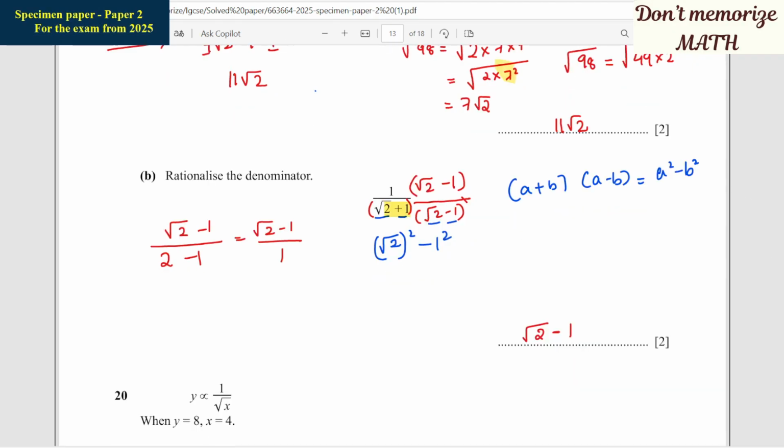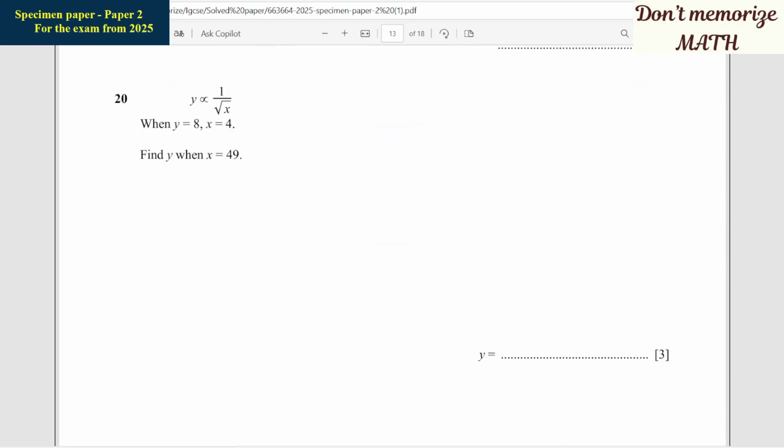Then we'll move to question number 20, that is, you can see the proportion, that is inverse proportion. Y is proportional to 1 over square root of x. When y is equal to 8, x is equal to 4. Find y when x is equal to 49. This normally comes for 3 marks. Sometimes it will be like part A, part B, part C, like that. I will explain to you the complete steps. Okay, normally how you can do the